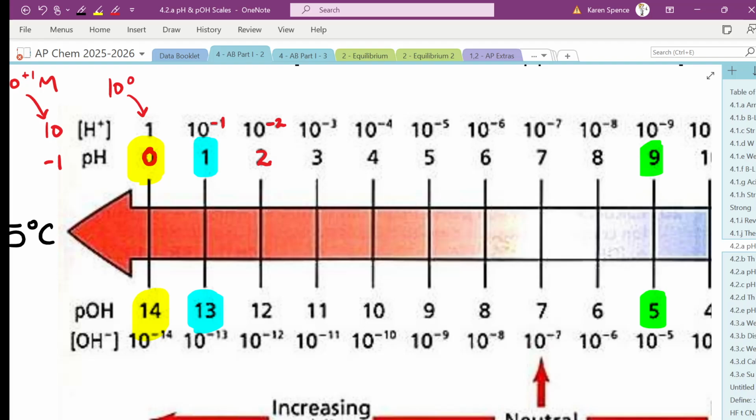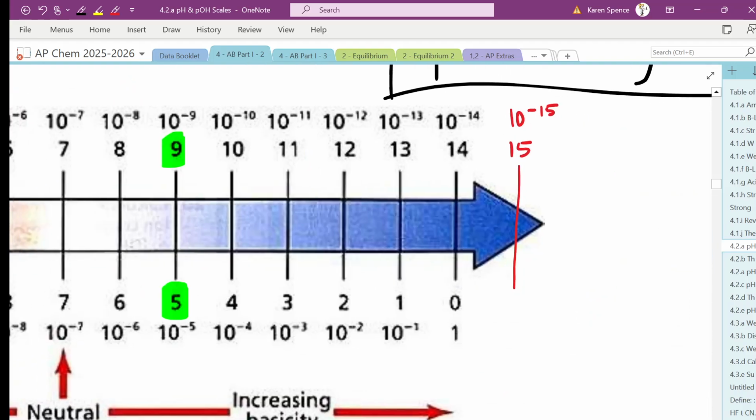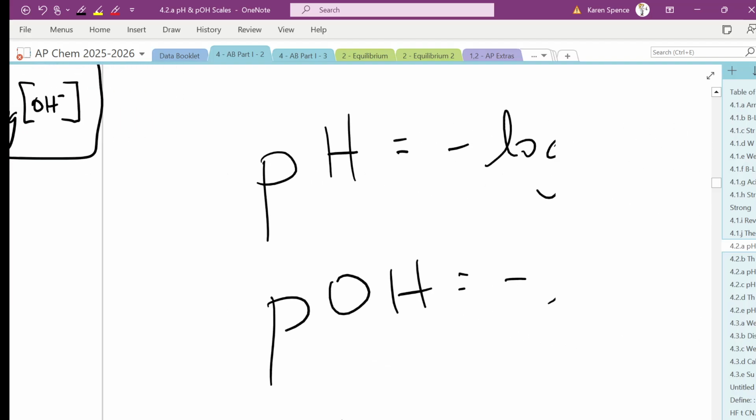Like the concentrations for H plus, it starts at 1, but then for OH minus it starts at 10 to the negative 14. Yes, that is true. The acidity is increasing, yes, but I want to know the relationship between these two numbers here. They always, when you add them up, equal 14. Okay, so we know that